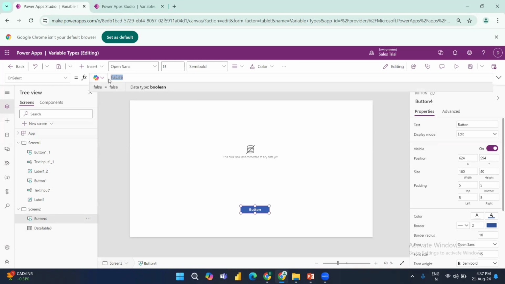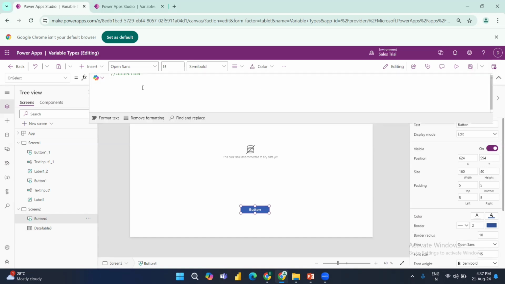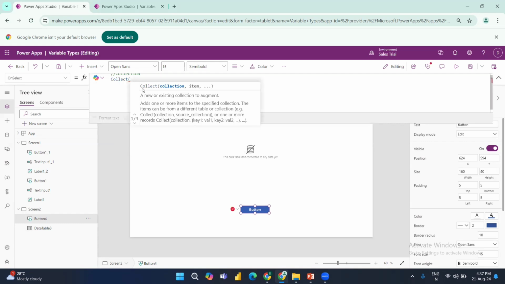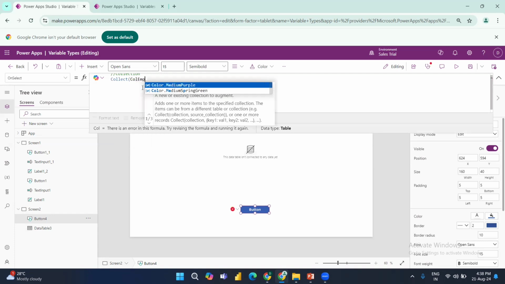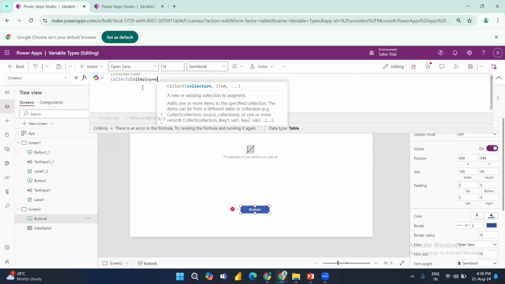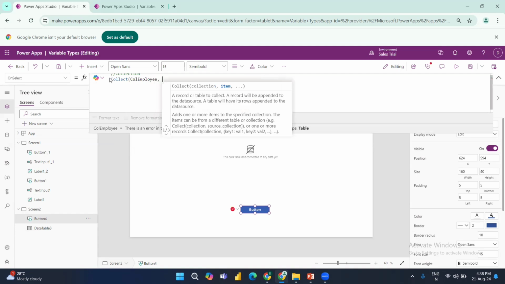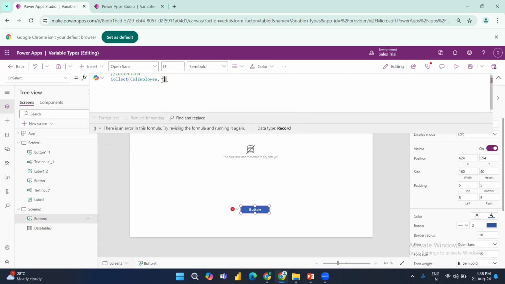So on the button's OnSelect property, let me give the function for collection. For collection, the function is Collect. View full screen. Type Collect. Open the bracket, and we need to give the variable name. Let me give it as colEmployee, comma, and the record should be given in the curly brace. Record is nothing but the item, in curly braces. Let me give the column name as employeeId